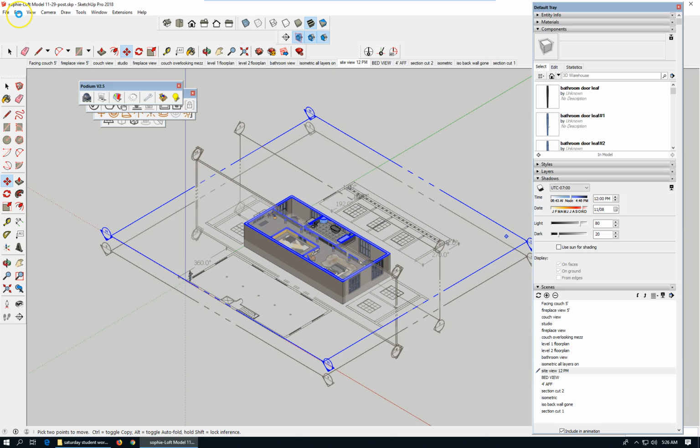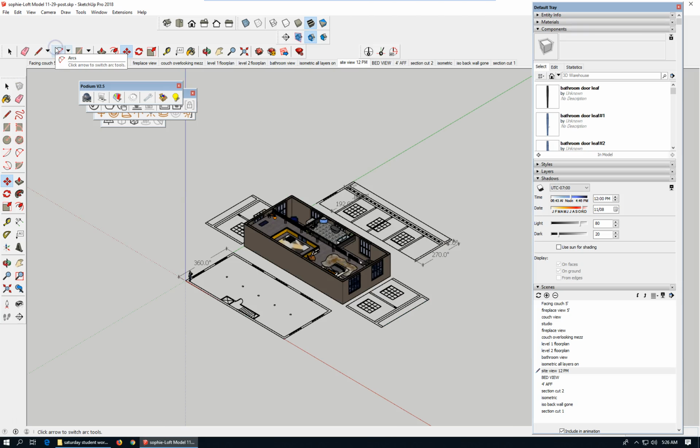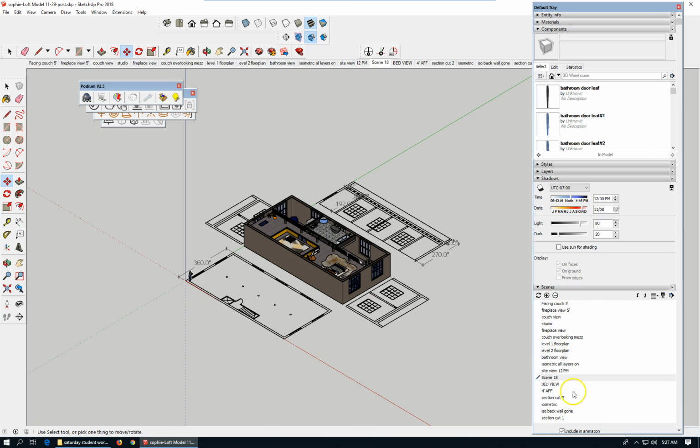The performance of this is pretty slow right now. You may want to consider some less complex objects, furnishings, accessories, whatever it is that might be in the model view. Let's turn off section fill, and let's turn off section planes, and let's add a scene, create a new style,